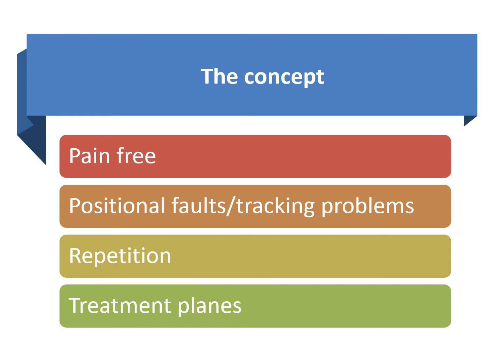The third concept of Mulligan's is that he focused on repetitions. So if a glide works, you need to give it in a number of repetitions along with the active movements done by the patient. There are doses which you have to follow while giving Mulligan glides. Only once or twice giving the glide and doing active motion will not help in this concept. We need to do it repeatedly, a minimum of 10 repetitions in the following number of sets.